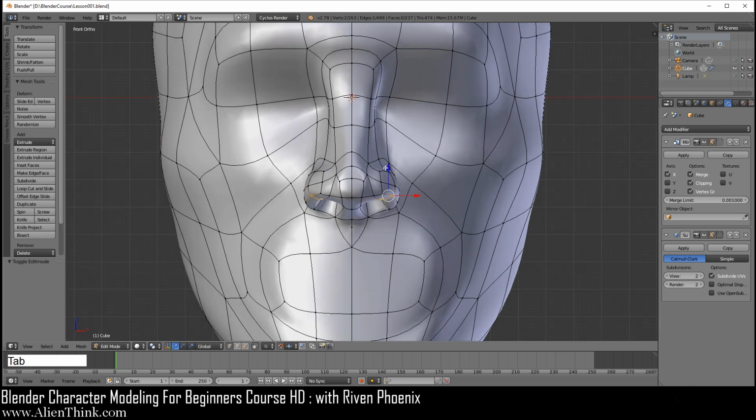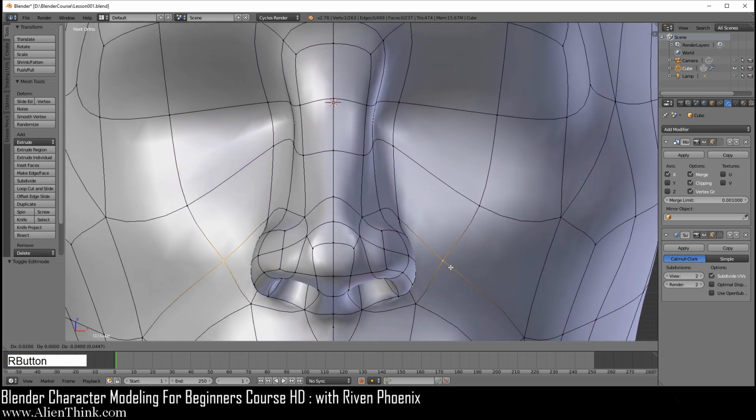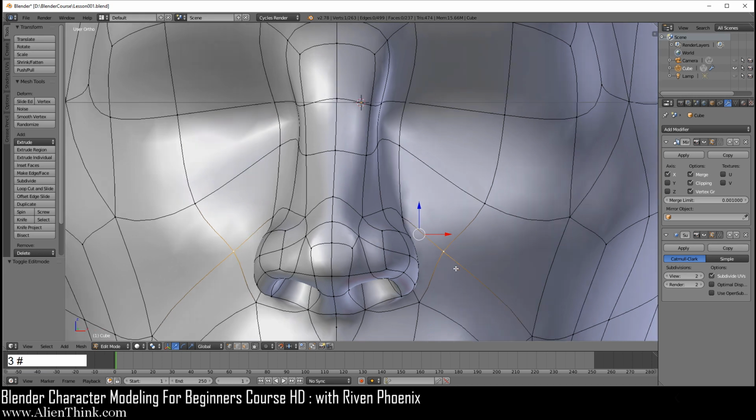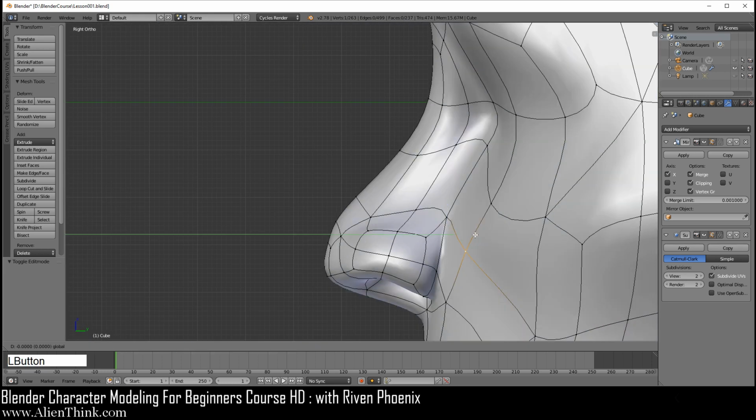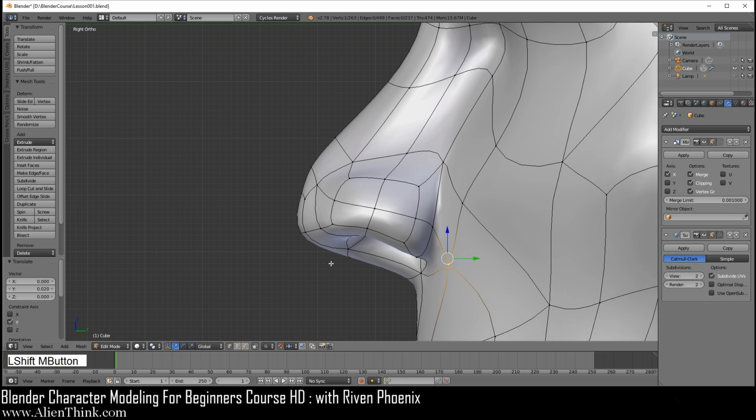Okay, so now just zoom in over here, just like this. Go ahead and select this vertex over here. Go to your right view, and you're just going to nudge it in 1, 2, 2. Then click on this one and just do 1, 2. Okay, Control Z. Just going to show you I did 1 and then 2. Because I'm zoomed in, I'm really working with this distance. Okay, A to deselect.